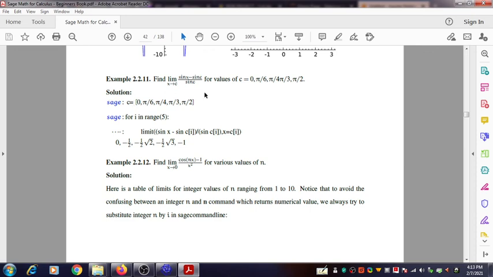So for that you have to define a list which contains different values of c. So first we are going to define a list which contains the values of c. The values of c are listed here. So we define c equal to 0, pi by 6, pi by 4, pi by 3, pi by 2. So this list is first defined. After that we write